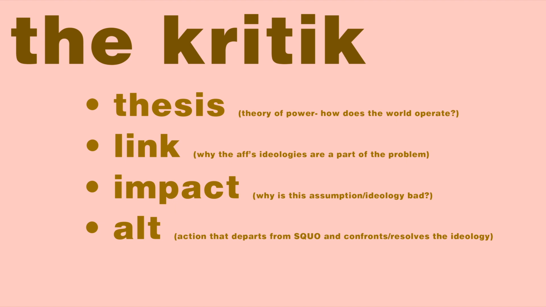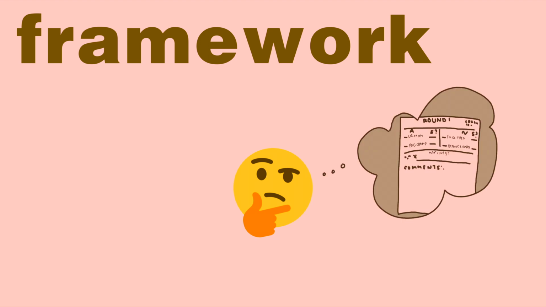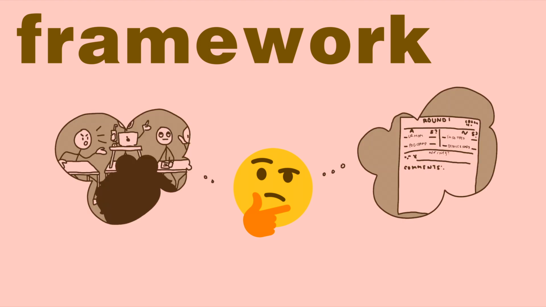Finally, make sure to include a framework argument because K-debate framings are generally different than a traditional policy debate, given that you aren't always arguing about the direct consequences of the plan. Your framework should tell the judge to adopt a certain frame of mind when making the decision, usually in the form of a role of the ballot or a role of the judge. For example, a K framework might tell the judge to adopt the role of a critical educator instead of a policymaker because plans never pass from debate ballots.